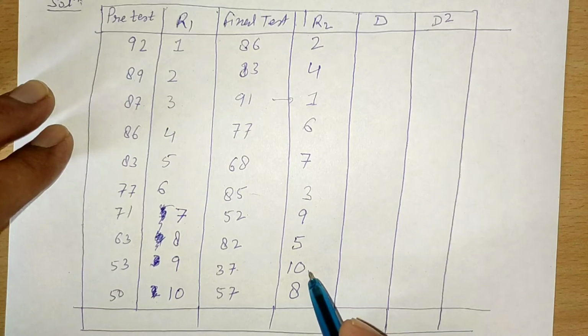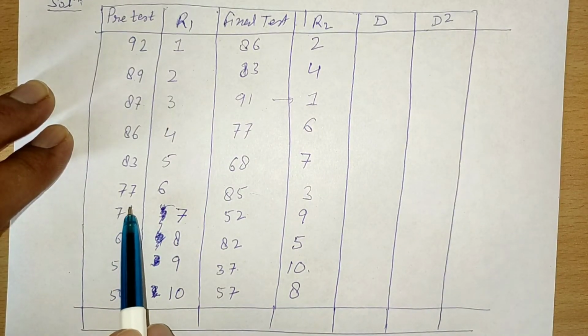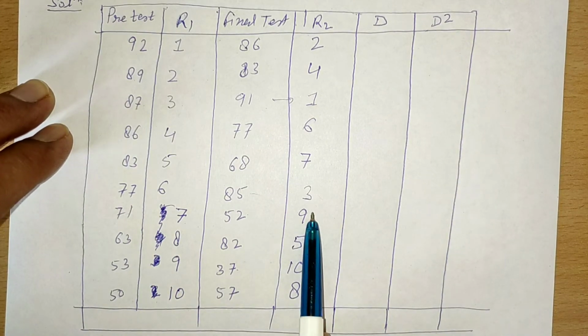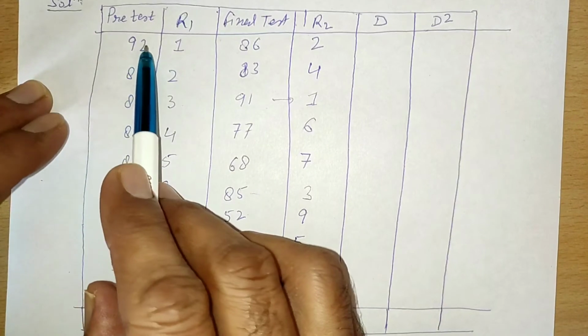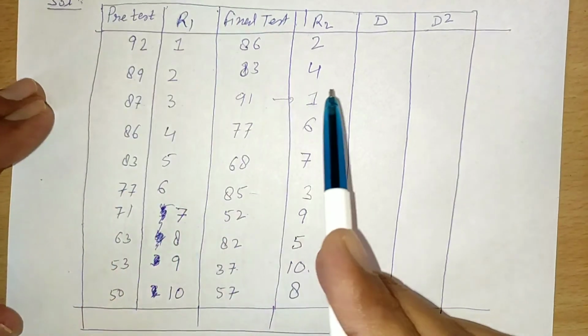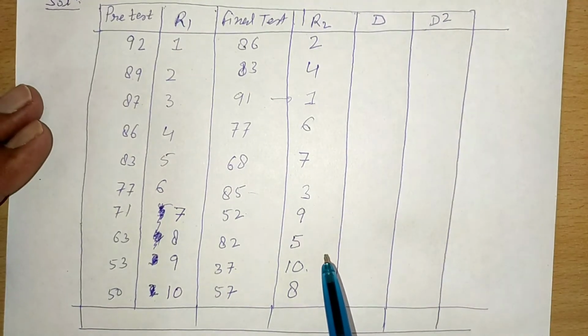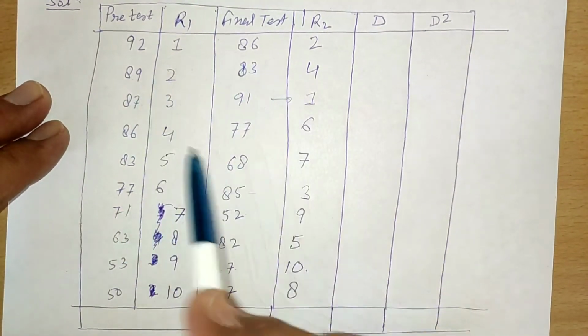You must remember that the procedure you take for test number 1, the same procedure you have to take for test number 2, the final test. You can't do it like this: taking numbers in ascending order in one case and in descending order in the other. Fine. So now you have assigned the ranks in this question.